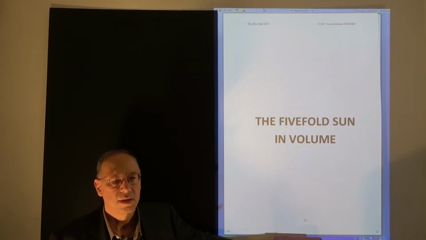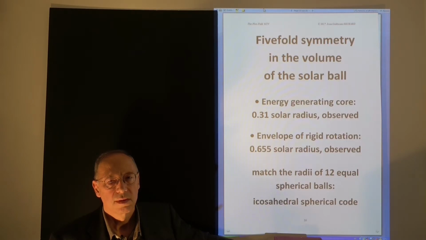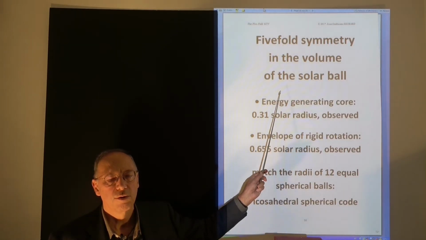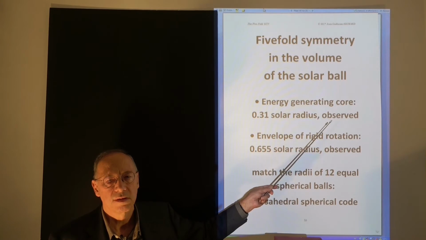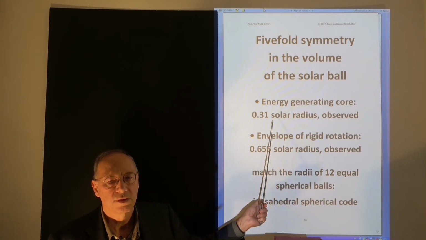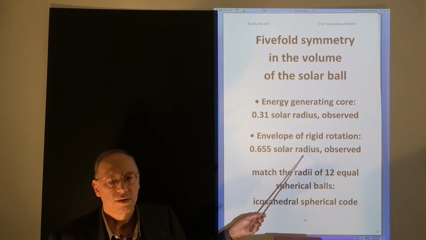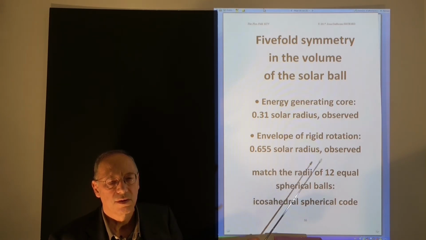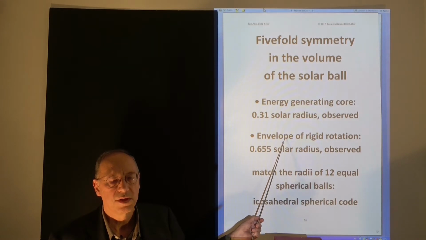First, in the Sun's volume. Fivefold symmetry in the volume of the solar ball is found in observations from the radius of the energy-generating core, about 0.31 of the photospheric radius, which corresponds to an icosahedral radius, and the radius of the envelope of rigid rotation,